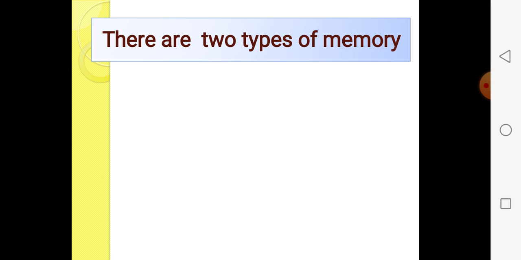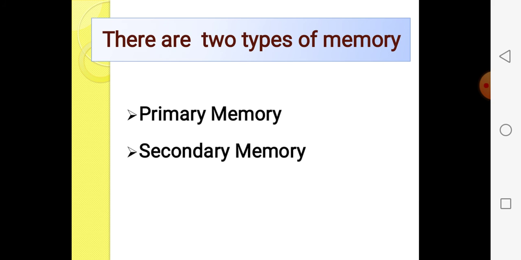And there are two types of computer memory, in which we can store all our data. First one is the primary memory, and second one is the secondary memory. So let's see the first one, primary memory.